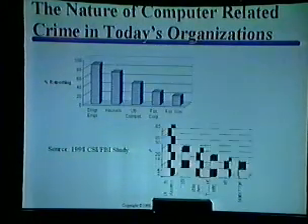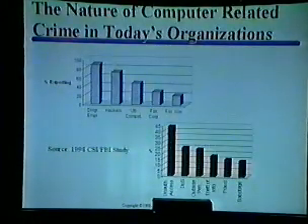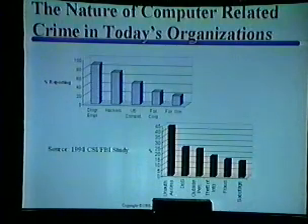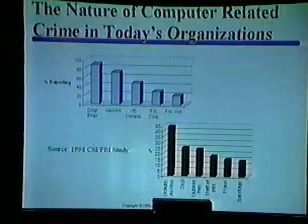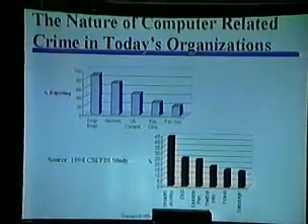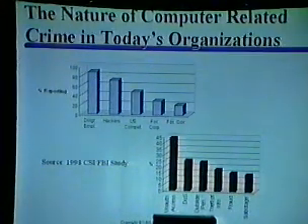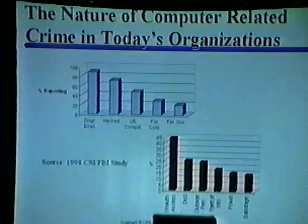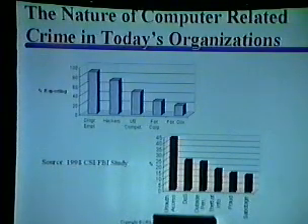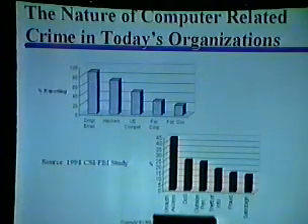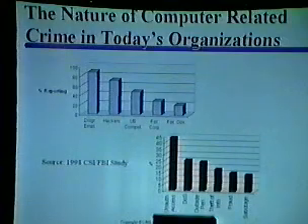Now, as if anybody needed to be told, the Computer Security Institute and the FBI do an annual study, and they've concluded that yes, we do have computer-related crime. The FBI is good at this, and the Computer Security Institute funds it, so we know it's accurate. Most crime comes from disgruntled employees. Now this says that 80% of the organizations that reported computer-related crime or computer security incidents reported that those incidents